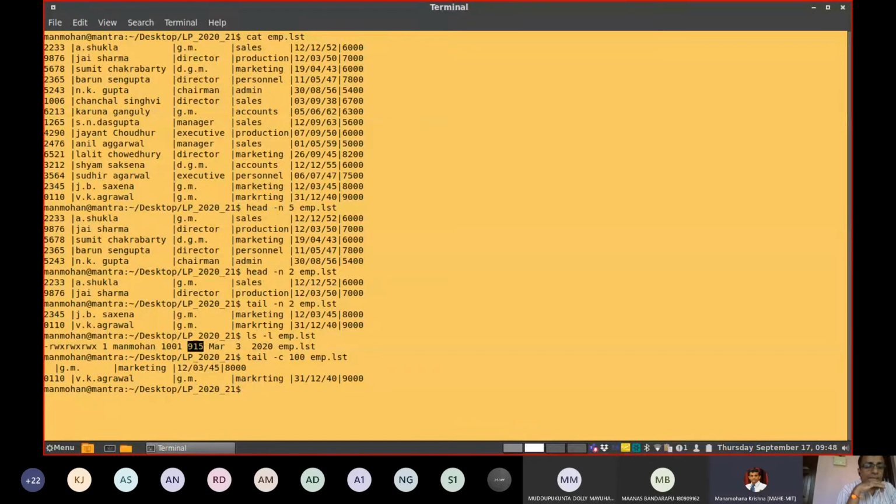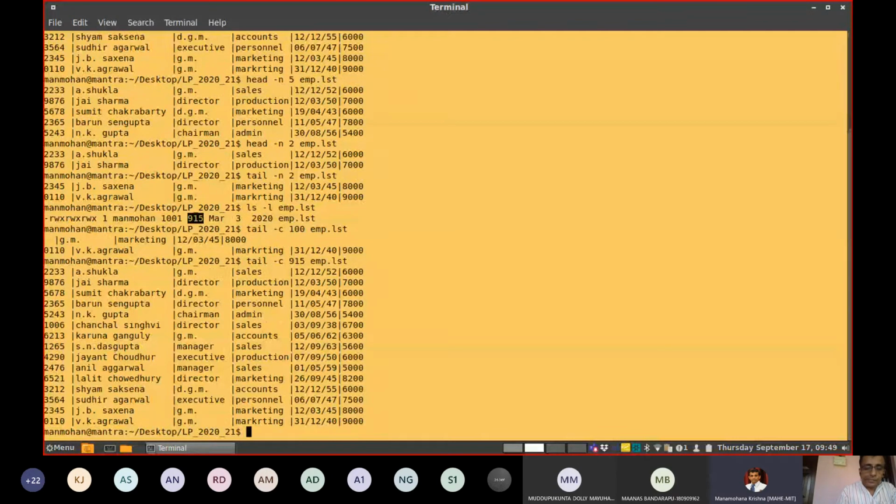The way in which it extracts data, in terms of number of bytes, it extracts the contents. Similarly, because now you know that file size is 915, just change that value to exactly 915. Then you're going to get all the contents.